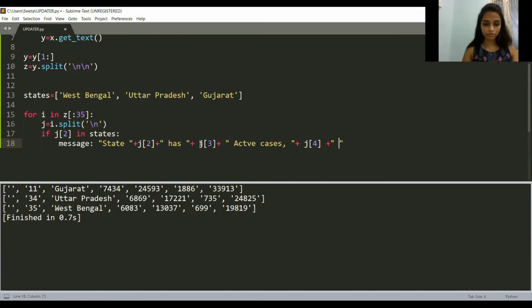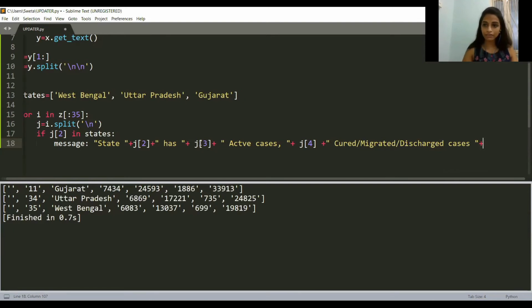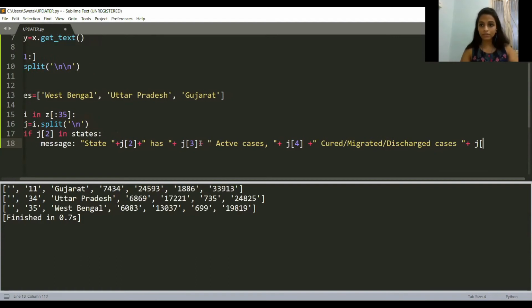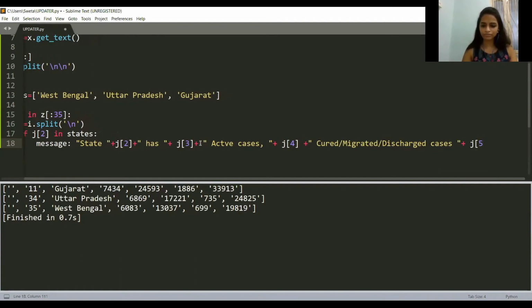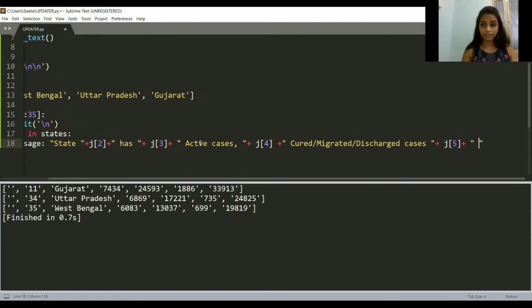So here cured, migrated, discharged cases. Okay. After that, I have J5 number of deaths.